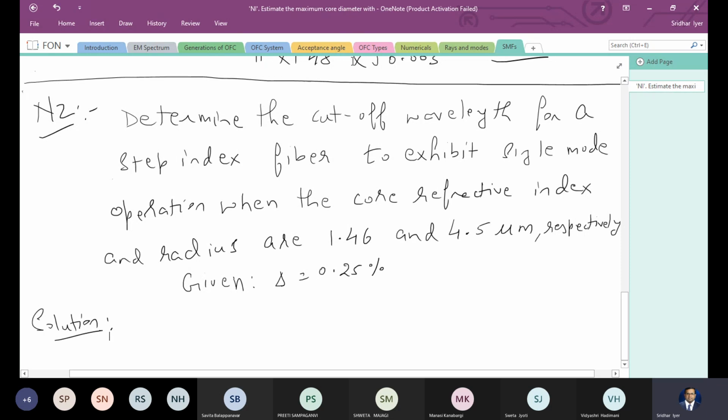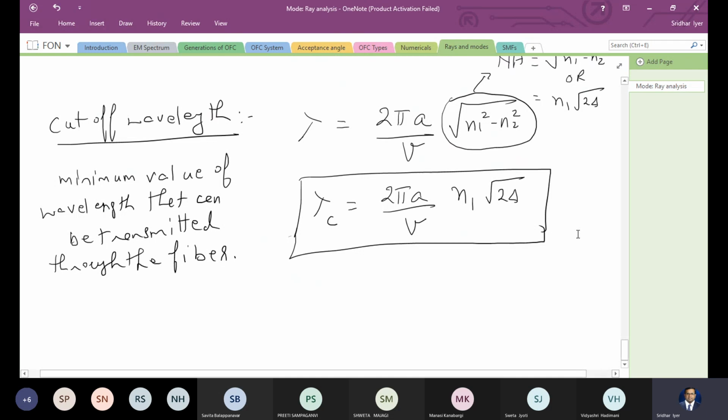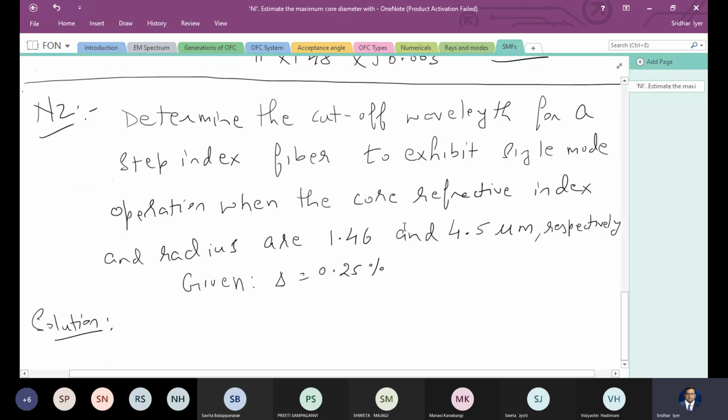So let me take you back to yesterday's lecture where we found the cutoff wavelength. So this is the equation for the cutoff wavelength. So the cutoff wavelength is dependent on the V number. It is dependent on the core radius, or if you multiply it with 2, the core diameter. It is dependent on the core refractive index and the value of index difference. Right? So let me rewrite this equation so it will become clear here.